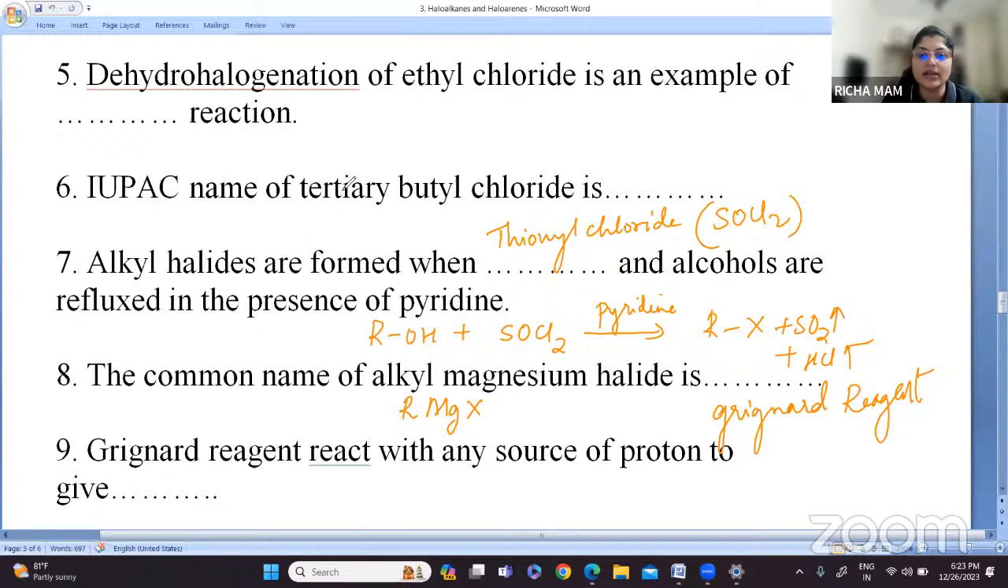Grignard reagent reacts with any source of proton to give. Yes, Grignard reagent reacts with any source of proton